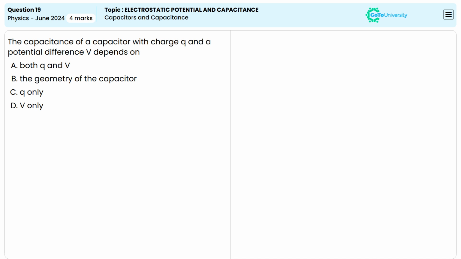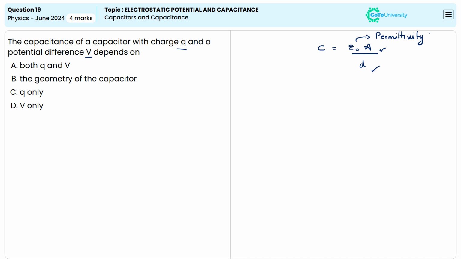Capacitance of a capacitor with charge Q and potential difference V depends on which quantity. It's known that the capacitance of a capacitor can be calculated using the formula C is equal to epsilon naught A divided by D, where epsilon naught is representing the value of permittivity of free space, so it will be constant, whereas A is representing the area of a plate and D is representing the distance